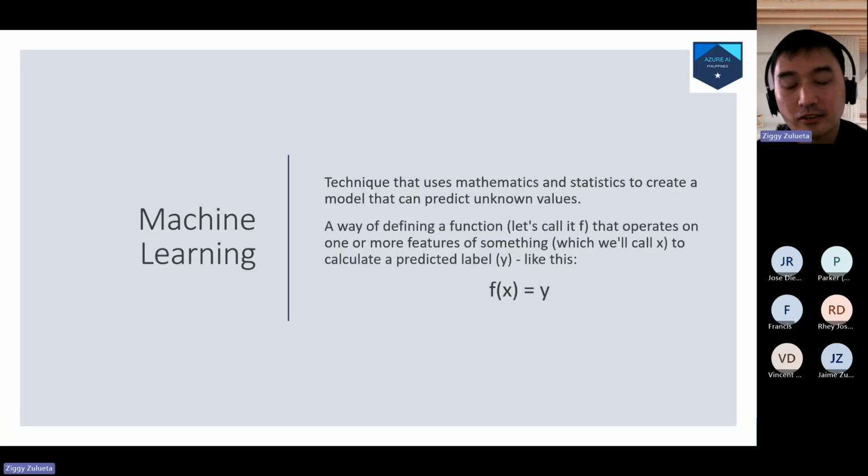So what is machine learning? It's actually a technique that uses mathematics and statistics to create a model that can predict unknown values. So it's a way of defining a function. Let's call it function of x, wherein